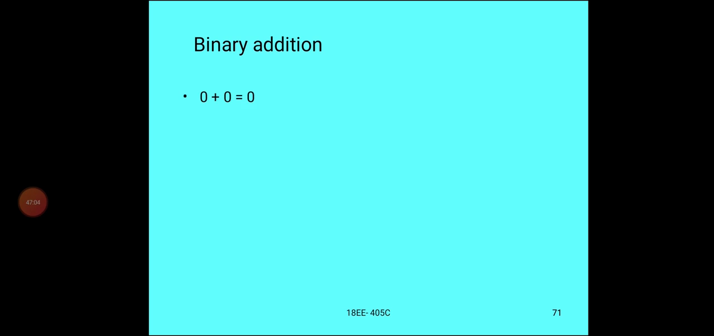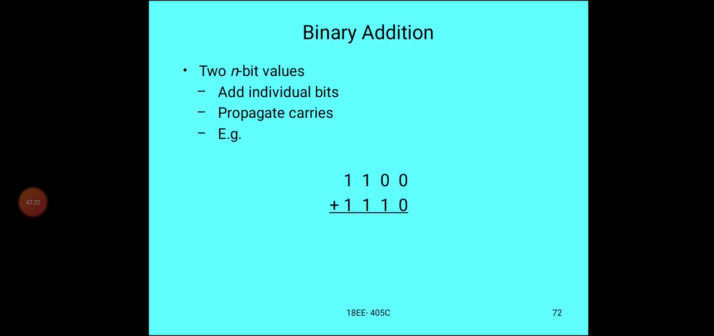Binary addition: 0 plus 0 is 0. 0 plus 1 is 1. 1 plus 0 is 1. 1 plus 1 is 10, sum 0 carries 1. Binary addition of two n-bit values: add individual bits and propagate carries. Example,